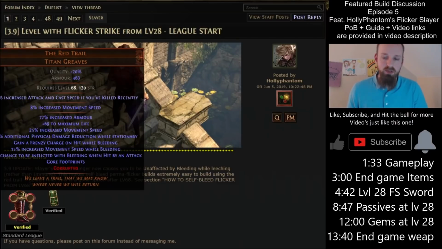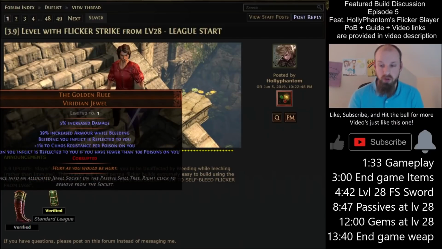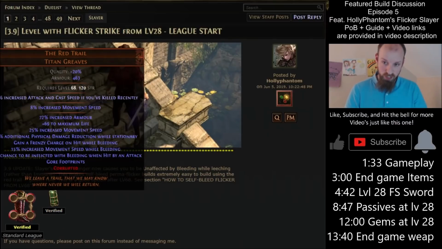Because of the mechanics of Flicker Strike, you always need to have a frenzy charge to then consume on Flicker Strike. One of the workarounds is that while you have the Red Trail going, and while you are also using the Golden Rule Viridian Jewel, bleeds that you inflict reflect back on you, and the Red Trail reads that you gain a frenzy charge on hit while you are bleeding. So essentially, you're bleeding